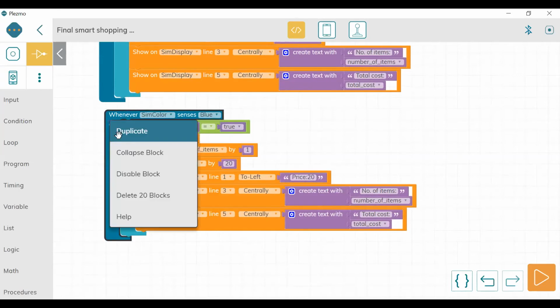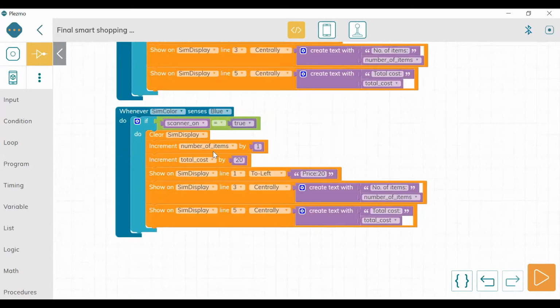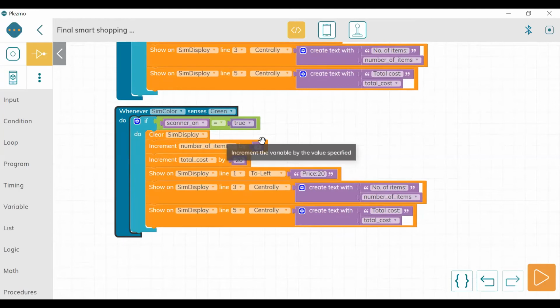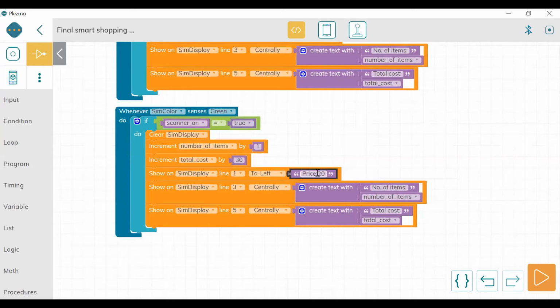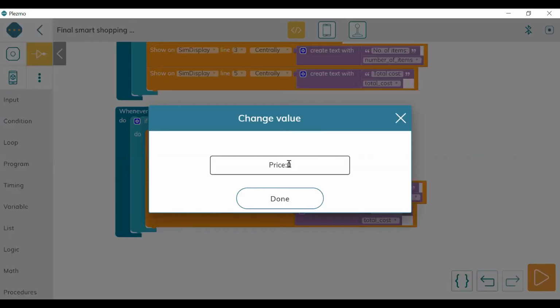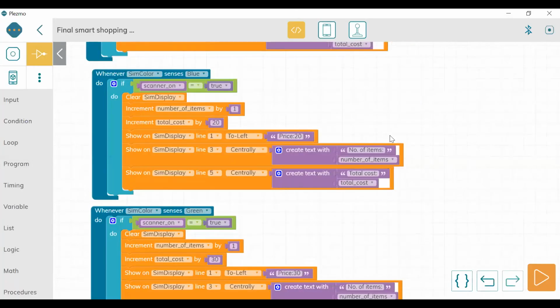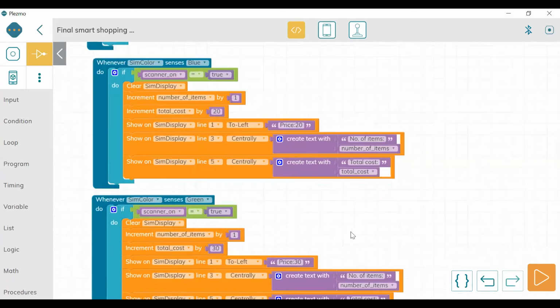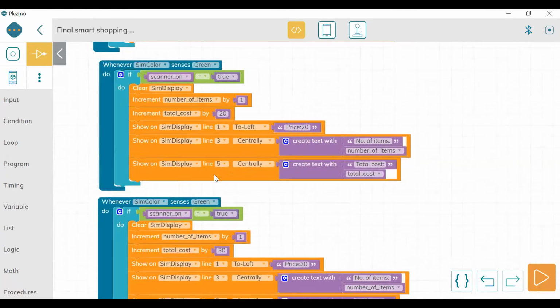Next again we are going to duplicate, and it is for green now. Okay, so for green, let us take it as 30. Done. So here also price is 30. Fine. I think in the first program we had taken the things the other way around. It is first one for green and then for blue. So let us change there to avoid any kind of confusion. So this I will change for blue.